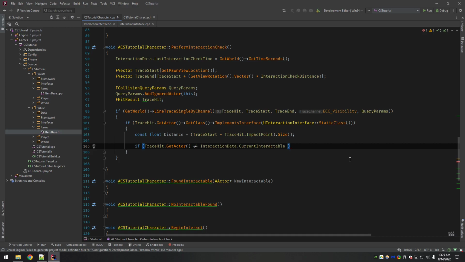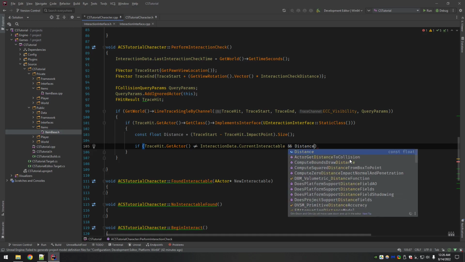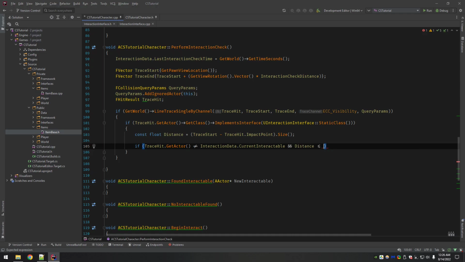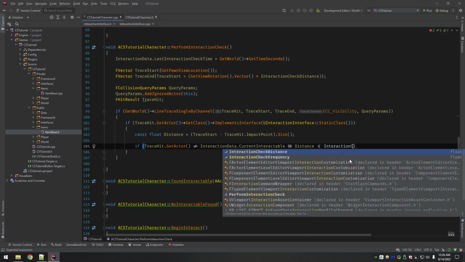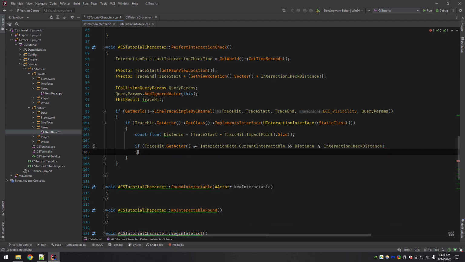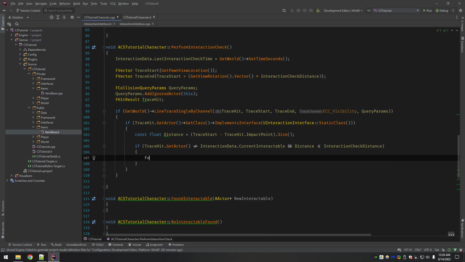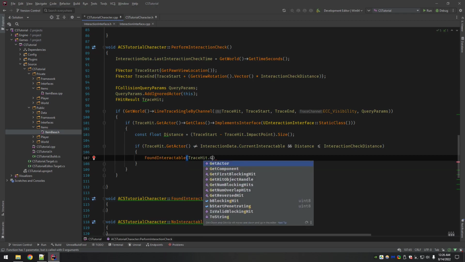Okay, so if we are not looking at the same interactable, and our distance is less than or equal to our interaction check distance, now we call found interactable, and we pass in the actor.